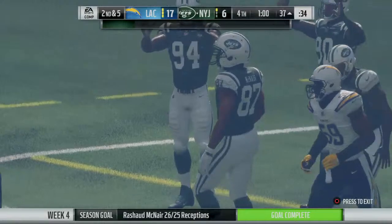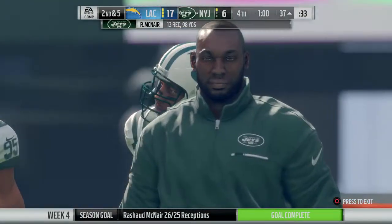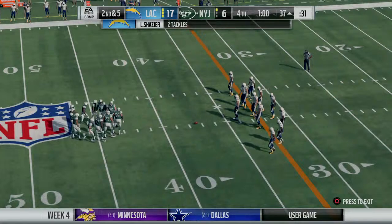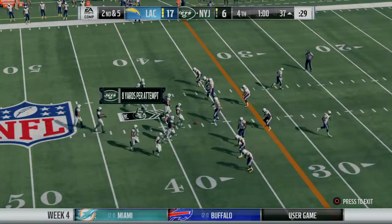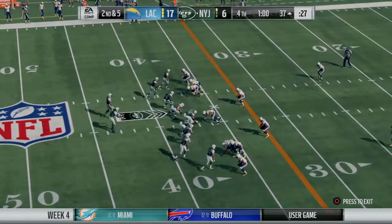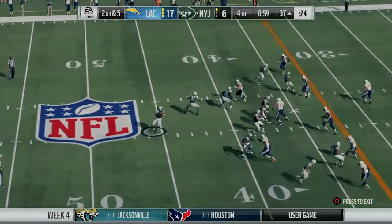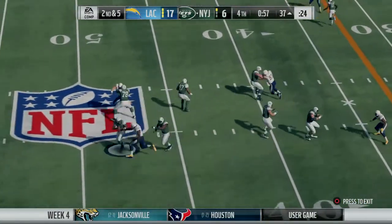I'm wondering if the same thing went through your mind as mine. When I see a big man like that make a catch, all I keep thinking to myself is, big man with football. Look out, everyone. He may not juke you a whole lot, right? He may not run past you because of his size. You talk about a guy weighing in the 270 range. But, boy, once he gets his...